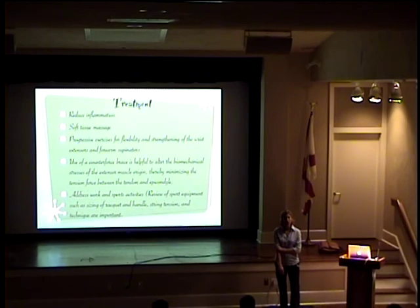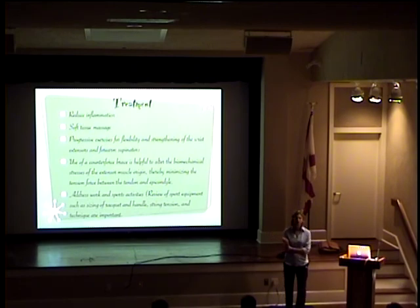So I get that question a lot, whether a brace is helpful. This is the reasoning, is that theoretically it's basically going to decrease that tension force. So you basically are supporting that tendon and decreasing the stress to, again, help to reduce that inflammation. It's a very